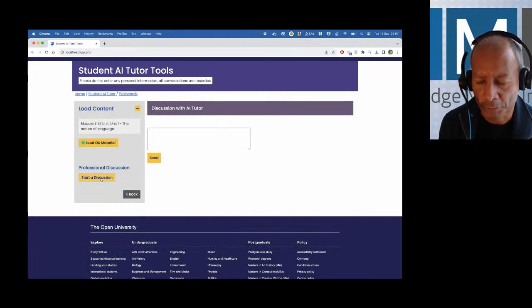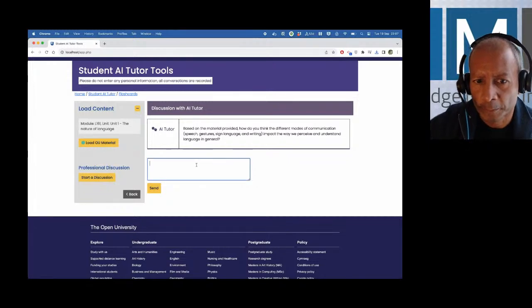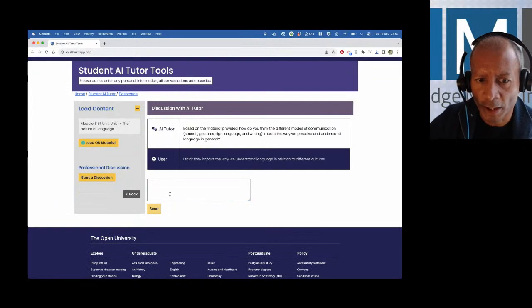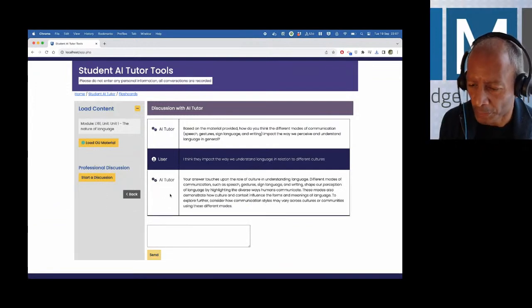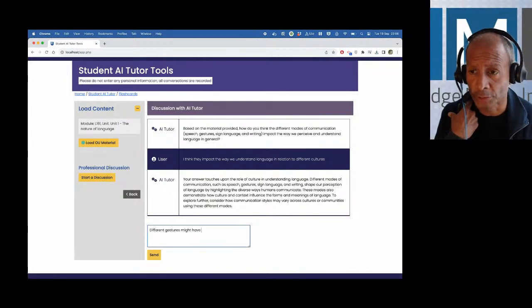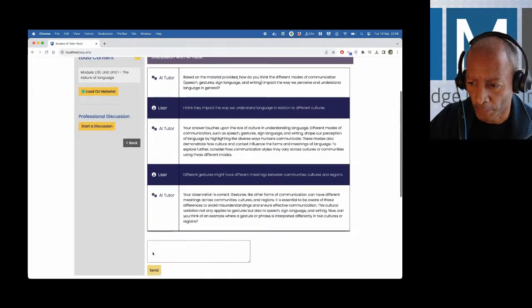So I can say, okay, I want to just have a discussion with the system. The system says, okay, based on the materials, ask the question, I give an answer, and then it's the start of a dialogue. So where I can delve into depth into a part of a course I'm most interested in, or I feel unsure about.